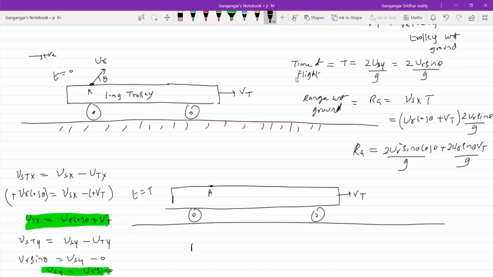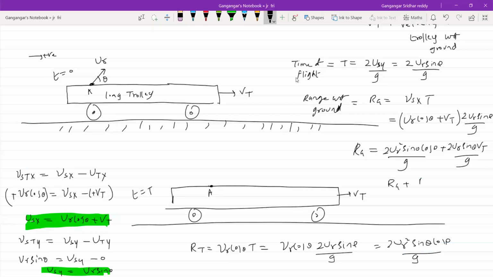Now, range with respect to trolley. Tell me any formula I should use. What is the horizontal velocity of the ball with respect to the trolley? Only UR cos theta, into the time of flight. So UR cos theta, and time of flight is 2UR sin theta by g. So this is 2UR square sin theta cos theta by g. So range with respect to ground will be how much? RT plus